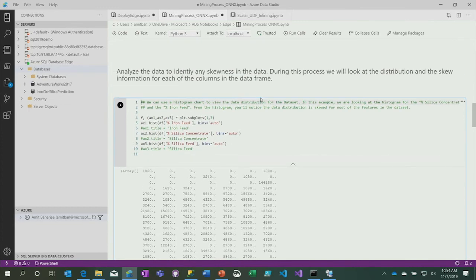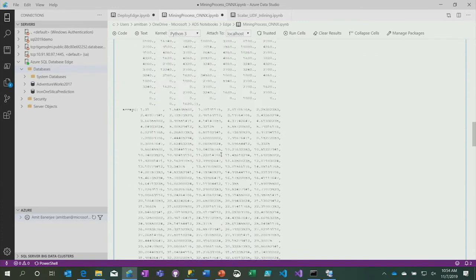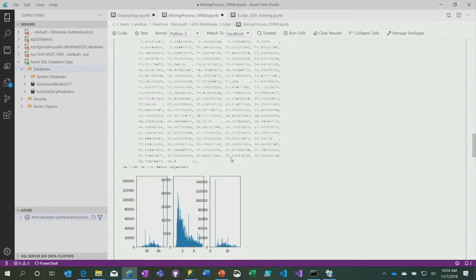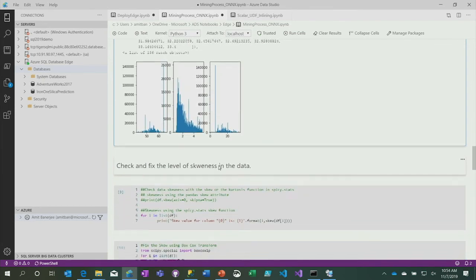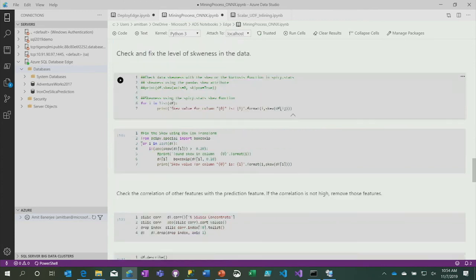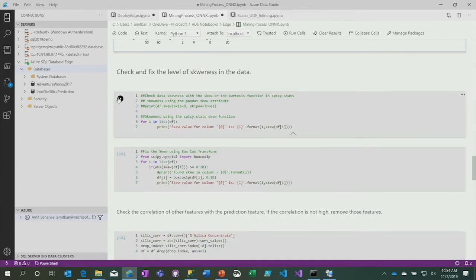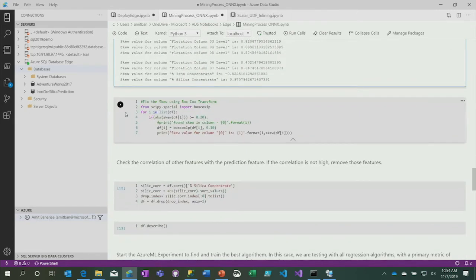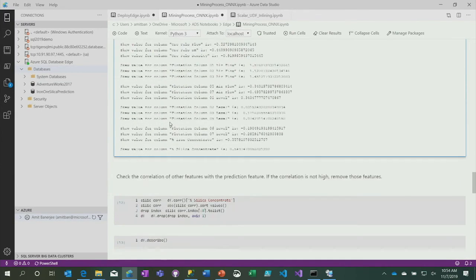Right now I'm looking for skew in my data set. Again, I'm not going to delve a lot into the data analysis or data engineering here. What I'm going to focus on is showing you that once all of these things are done, I can use something like